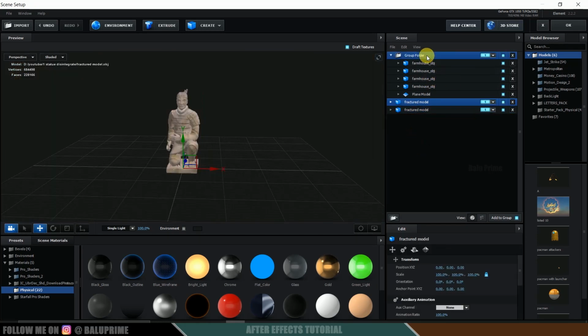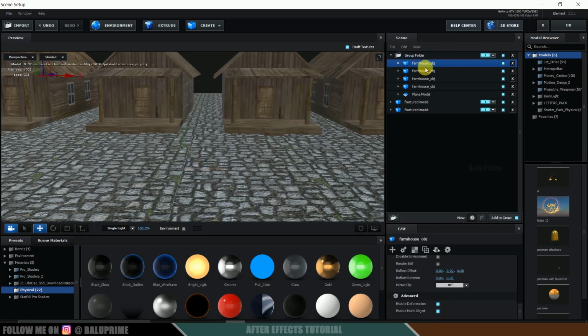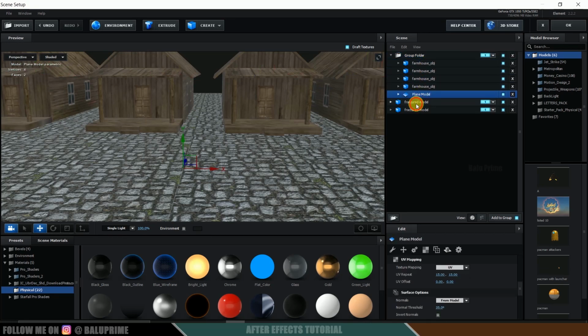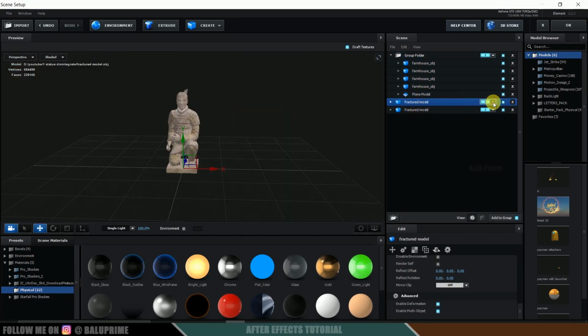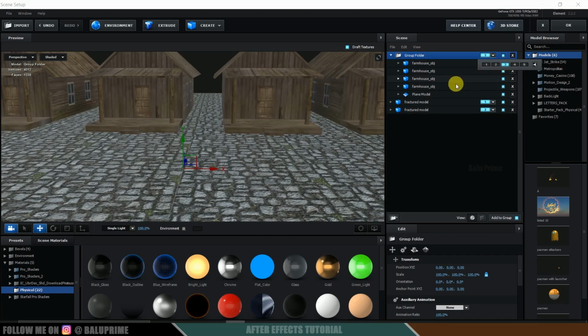So once the setup is done, now let's select these both models and drag it outside of this group 1. So here you can see all these are in group 1. So change this to second group and select this duplicated model and change this to third group. Or else let's change this to first group, change this to second group, and the rest let it be in third group.